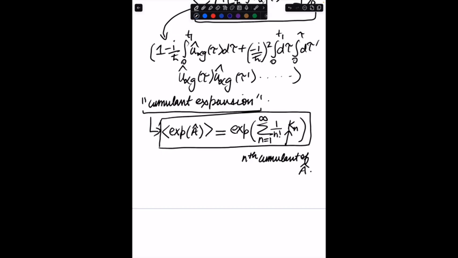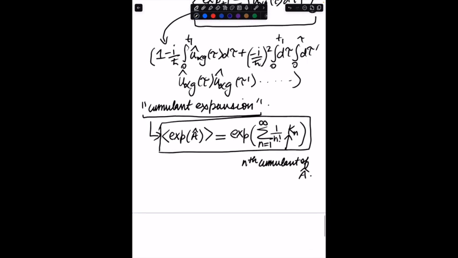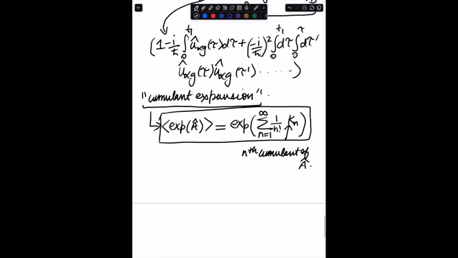Before we do that, why don't we just go to the specific application which we're looking at in this case, which is the positive time-ordered exponential of this, integral 0 to t1,